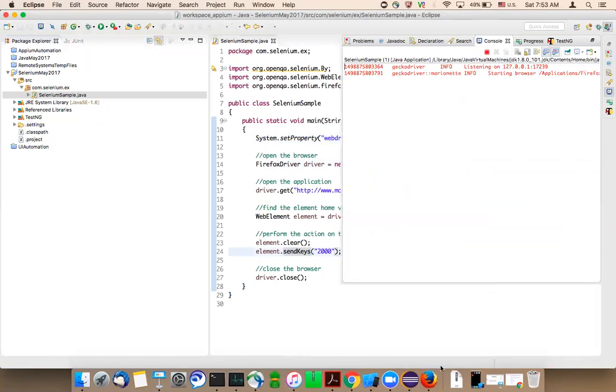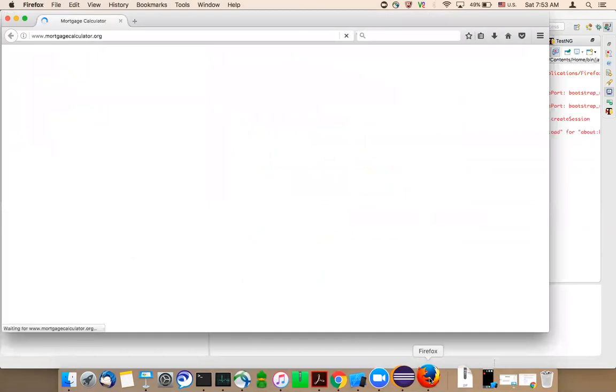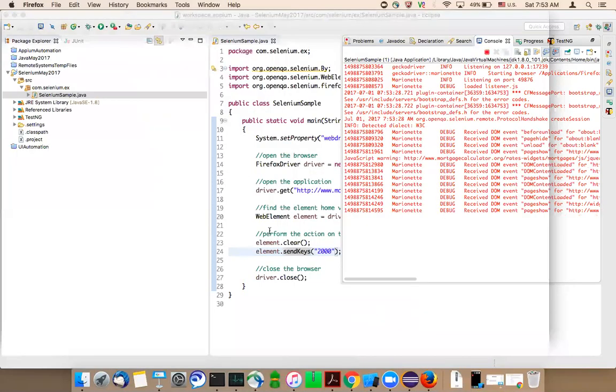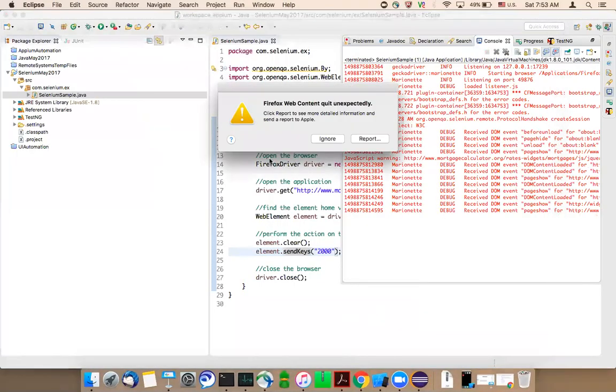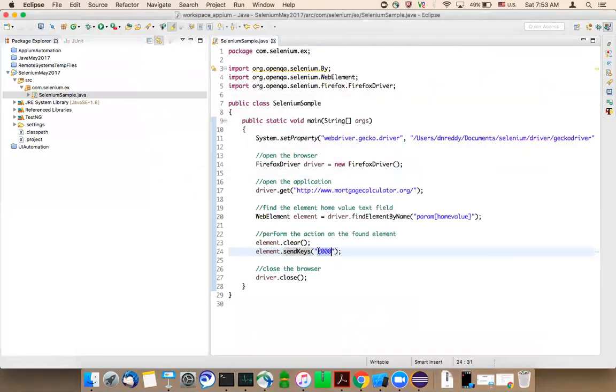You can see that a browser is open, right? It's loading mortgagecalculator.org. It should enter the value. Let's see whether it is entering or not. It entered 2000, and it also closed the browser.